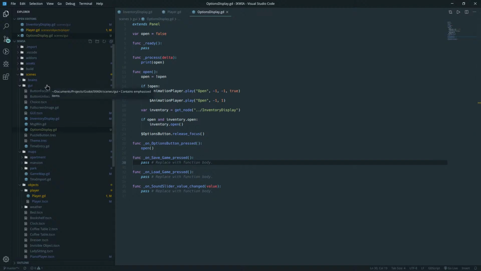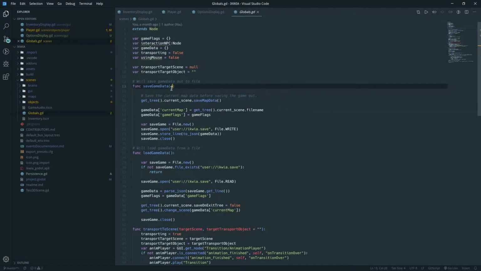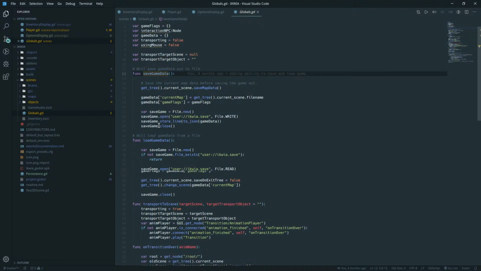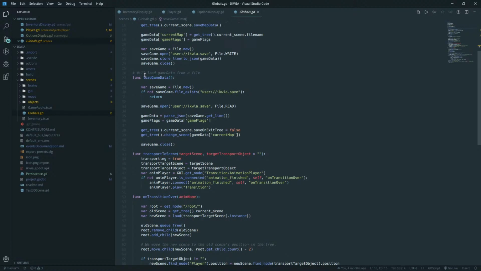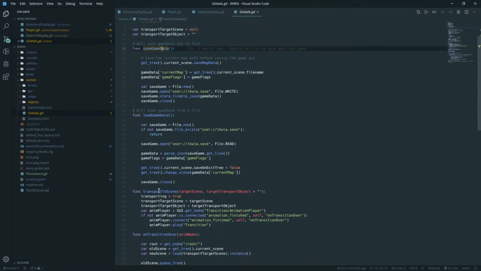Now, the way that I have the game set up to save data, the game already saves things and loads things. Yeah, I already have something that saves game data. I didn't even know, I implemented this before. Perfect. Excellent. Okay. So we already have something that saves and loads game data.